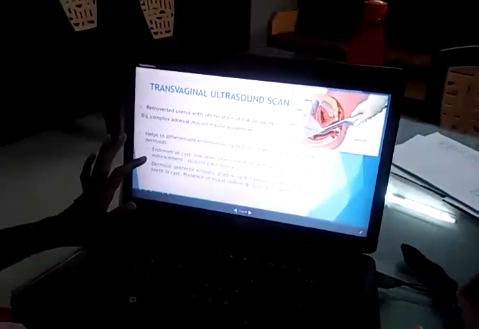So in short, what is the role of ultrasonography? To see the position of the uterus. The normal position of the uterus is anteverted and anteflexed. If it is retroverted, we can see it on ultrasonography. If it goes back, it compresses the pouch of Douglas behind, so we can find any obliteration of the pouch of Douglas. And next, importantly, we can differentiate between an endometrial cyst and a dermoid cyst. That is the role of ultrasonography.